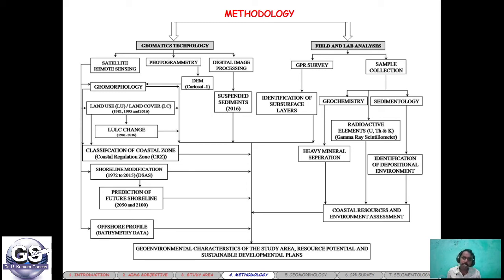To understand the seasonal changes of suspended sediment concentration, digital image processing techniques were attempted. Further, to understand the offshore bathymetry profile, the bathymetry data was processed, and that brought to notice that the offshore region was very shallow, with a maximum depth of up to 15 meters. After completion of this basic preparation of thematic maps,